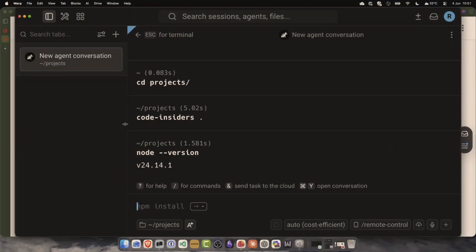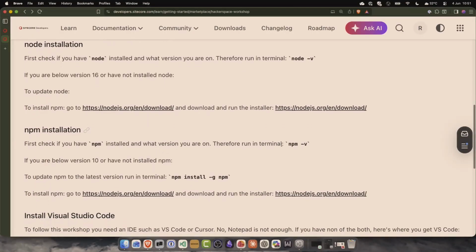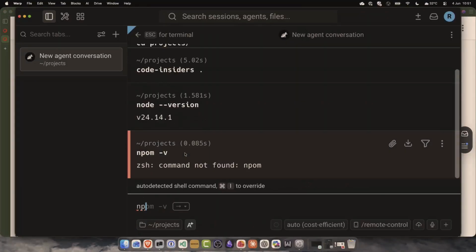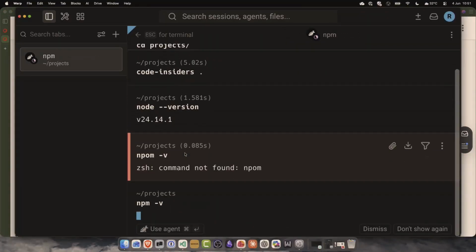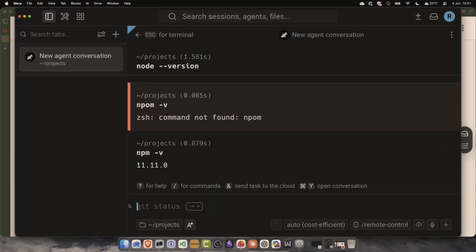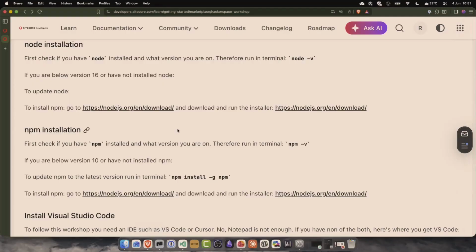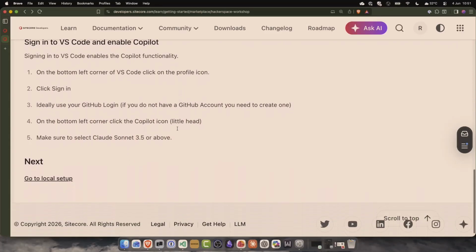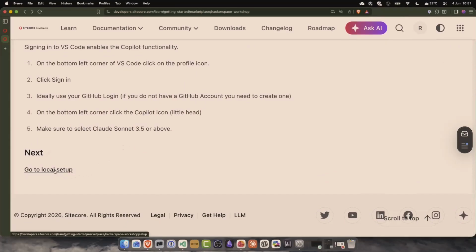Okay, so my Node version looks up to date. That's good. What else do we need to have? Oh, NPM. Let's go and check my NPM version. Oh, got to make sure I type correctly. Version 11. Okay, so we're looking good here. So I've got VS Code installed. That's good. And I've got Copilot enabled. So we're going to go over